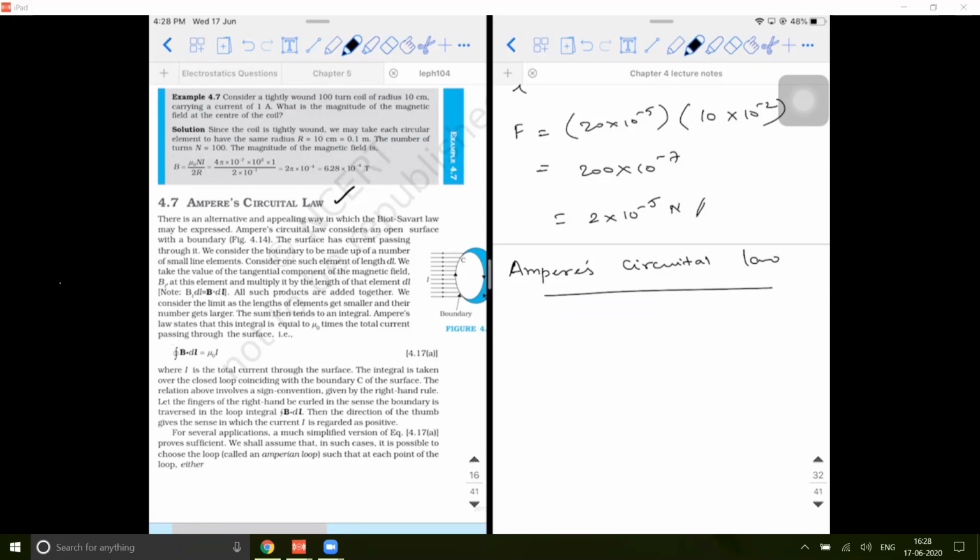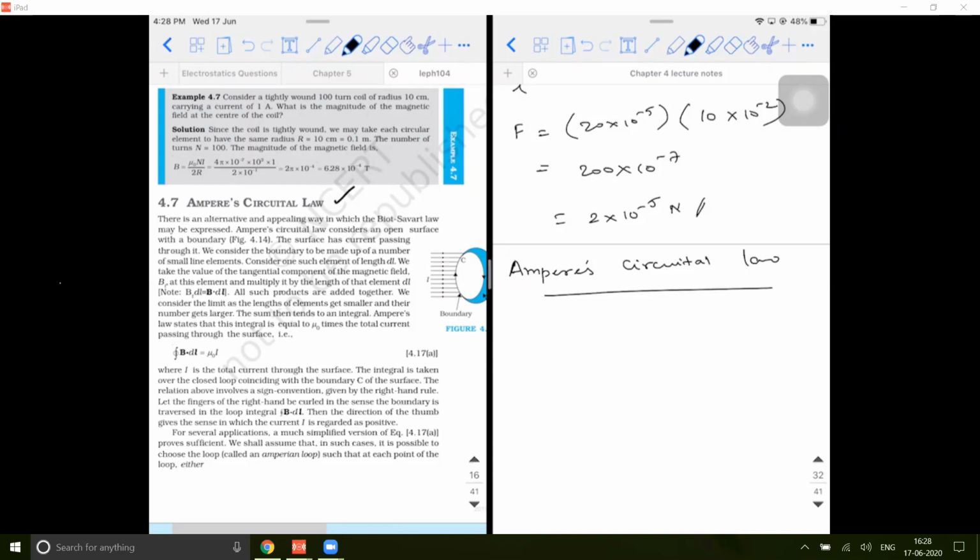So the derivation part is not important for us. Similarly, if you look at the third chapter, there are two important laws which we discussed. One is Ohm's law and the second is Kirchhoff's law. Ohm's law is generally used for simple circuits. Kirchhoff's law is used for slightly bigger networks. In a similar way, in this chapter also you have two laws. One is Biot-Savart law and the second is Ampere's circuital law. Both can be used to find the magnetic field due to current carrying conductors. But we use Ampere's circuital law when you have symmetry.